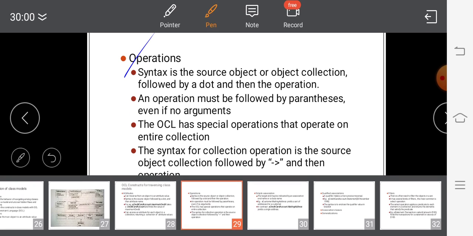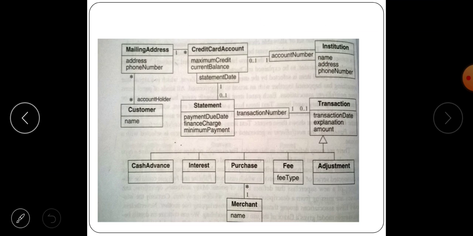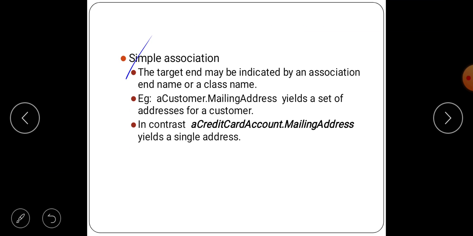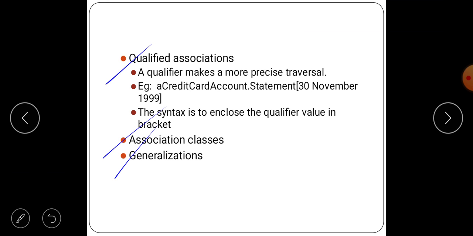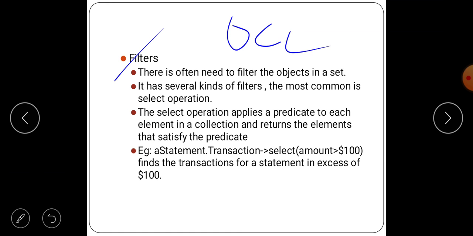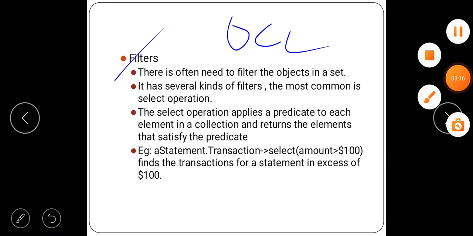We'll discuss what is meant by attributes, operation, simple association, qualified association, association class, and generalization and filters.